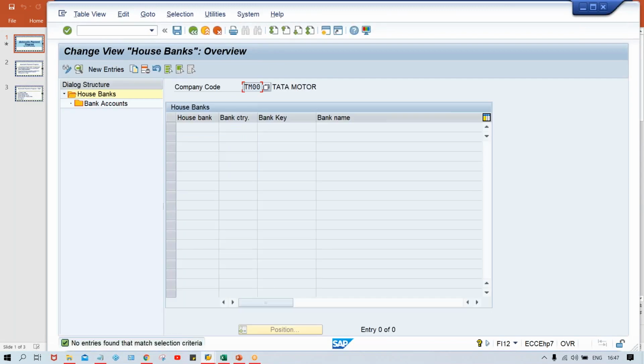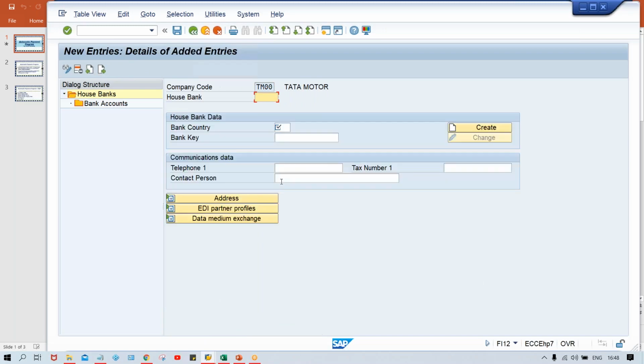House bank means multiple house banks could be there guys in a particular company code. If you talk about the payment transfer, of course it is going to be transferred from a particular bank account, right? So if you talk about organizations, let's suppose Tata Motors will have several bank accounts. So several house banks can be created. Here I'm going to set up one house bank, and then we'll show you how to perform the mapping, in the sense how it is going to be mapped with APP, automatic payment program. So just click on the entry here and house bank.